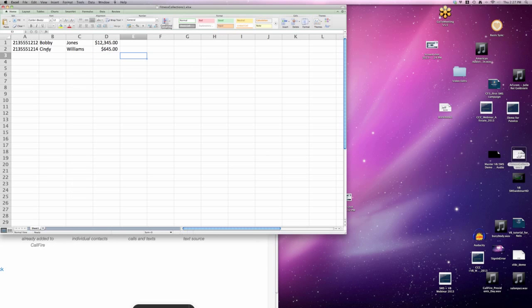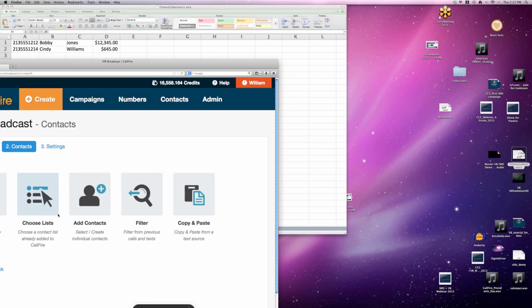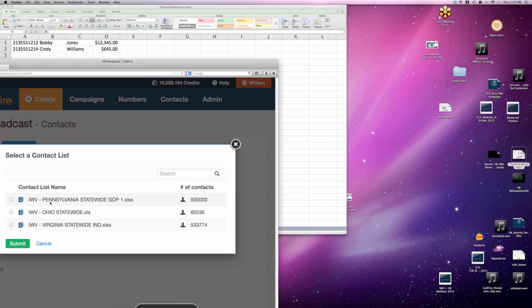The way we have it set up is column A is the phone number, column B is the first name, column C is the last name, and column D contains the amount they owe us. Hopefully you're not letting your customers get up to $12,345, but that's just to show you that. And then we would upload, choose that list, basically